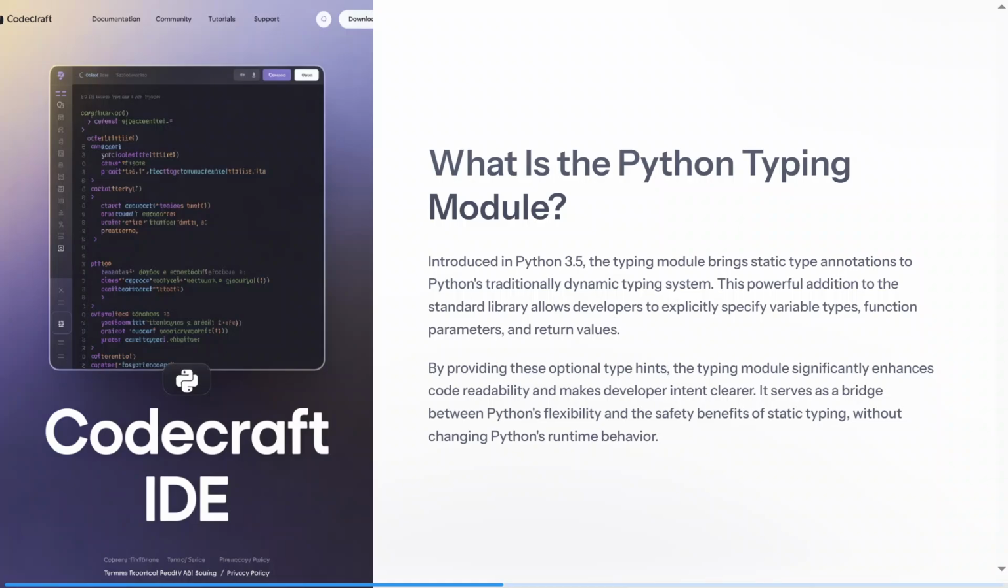What is the Python typing module for interviews, also for Python development and Python exams? In this video we are going to check out, on this playlist, what the typing module is in Python. It was actually introduced in Python 3.5, and the typing module brings static type annotations to Python's traditionally dynamic typing system. This powerful addition to the standard library allows developers to explicitly specify variable types, function parameters,